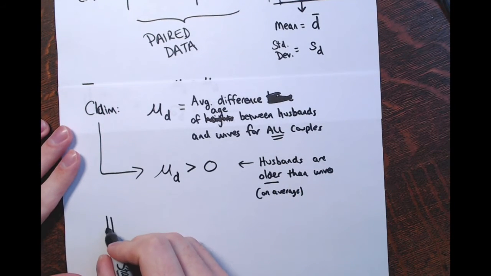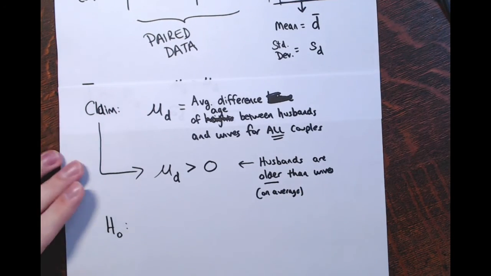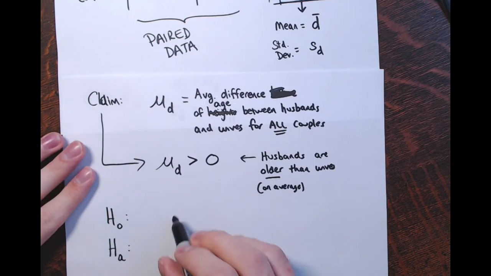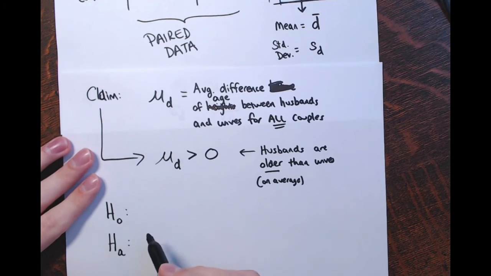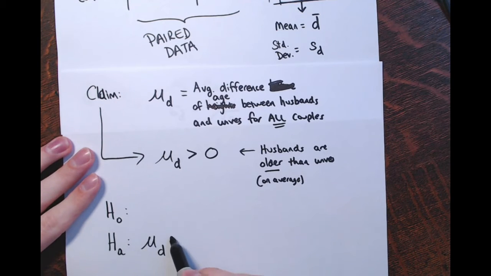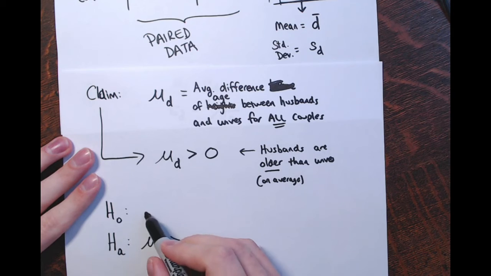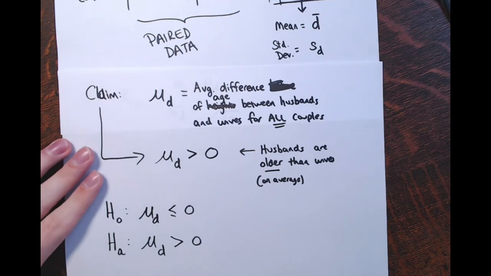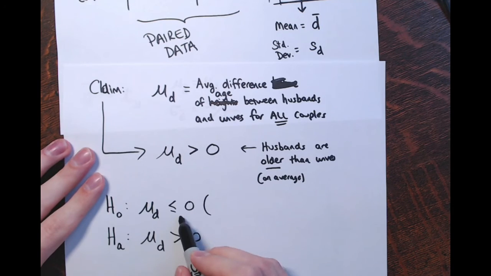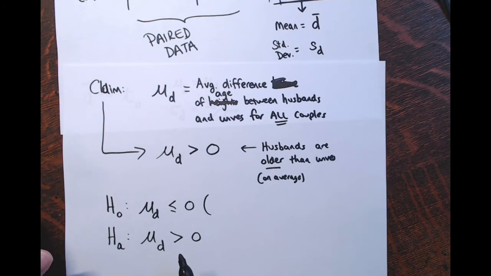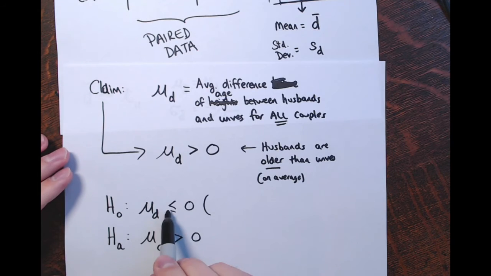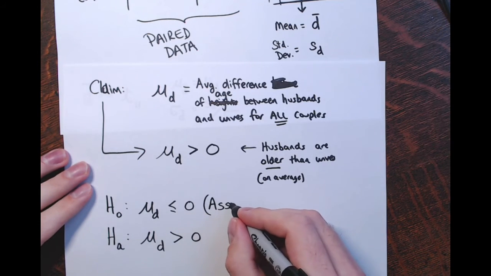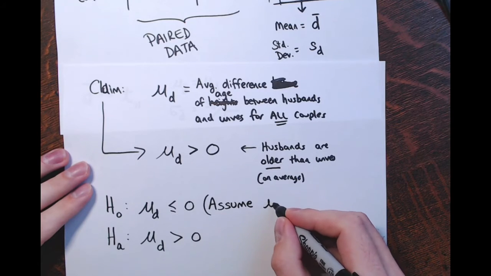And once you have what's being tested, the claim or belief stated, then you can set up the hypotheses. Now, this does not involve equality, so this can be represented by the alternative hypothesis. Mu d is greater than 0. The null hypothesis would be the opposite of that, right? That mu d is less than or equal to 0. But again, as you've seen in most of these Newton-Alta homeworks, they're just going to be writing what they're assuming for the test. So you're going to just be assuming the equal part. So we're going to assume that mu d